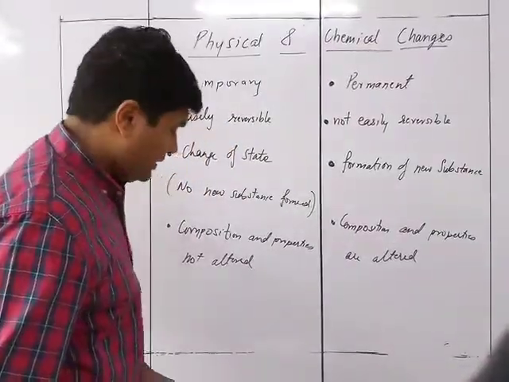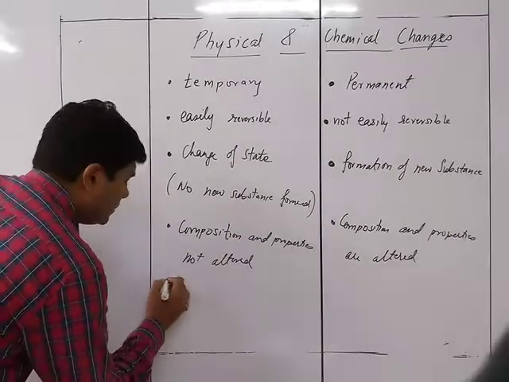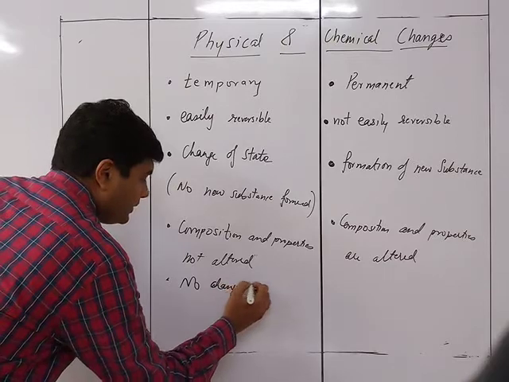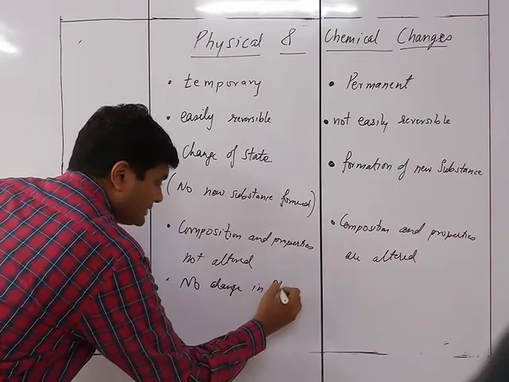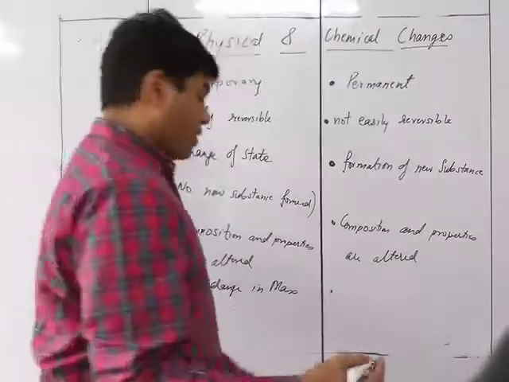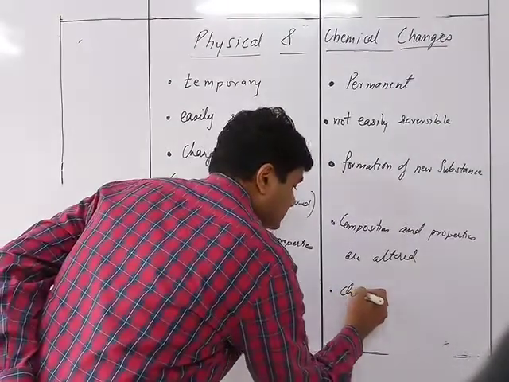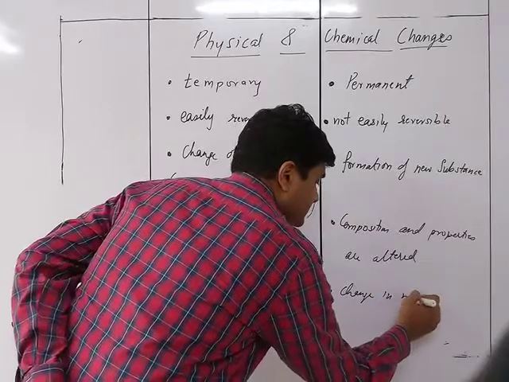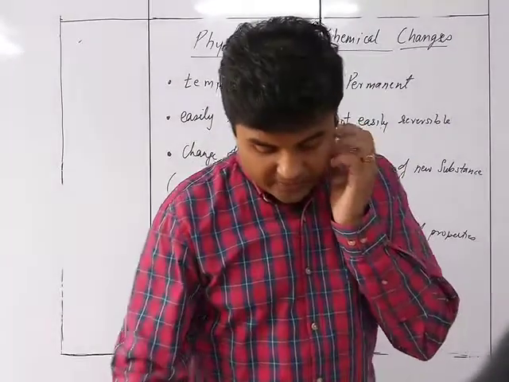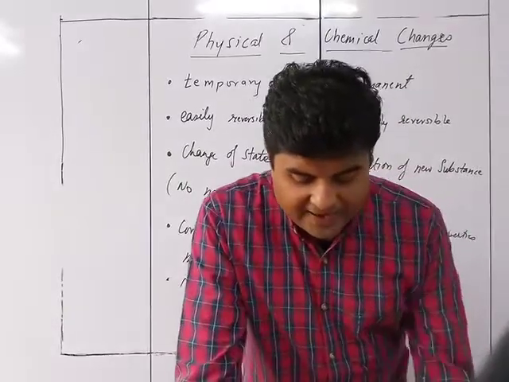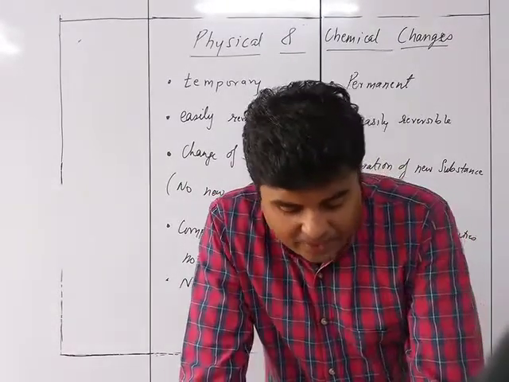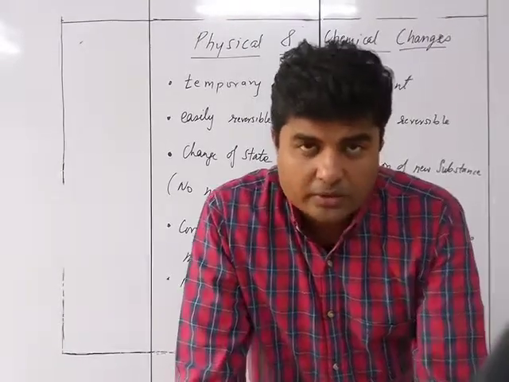So over here, there is no change in mass. Over here, mass may increase or decrease, so there is a change in mass. How can there be a change in mass? Let's take an example. Over here it is the change in mass of a substance undergoing a chemical change. Matter is added or removed, but total mass is unaltered.